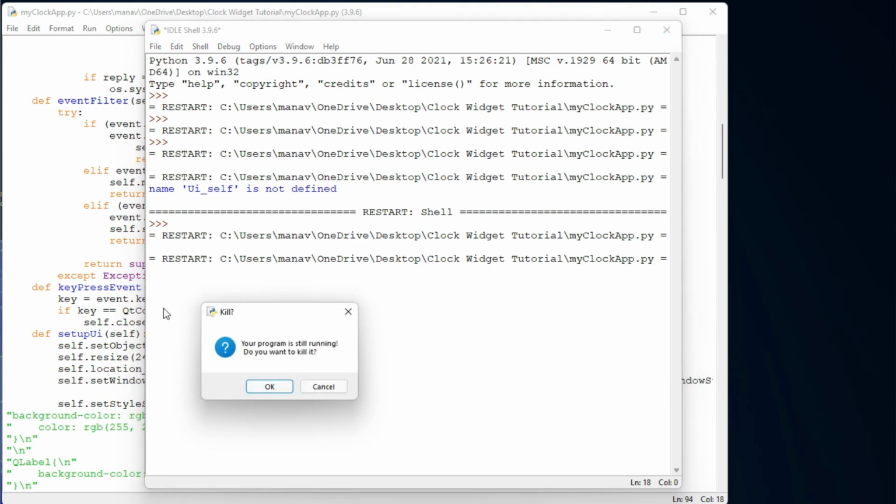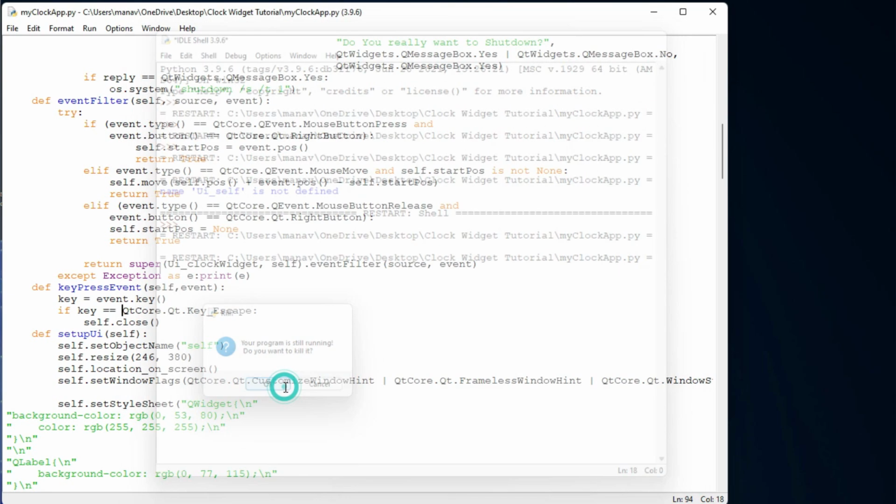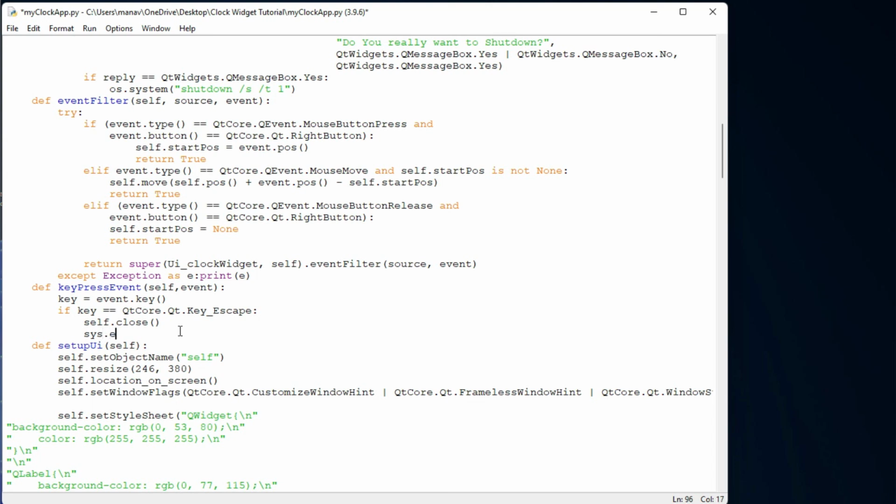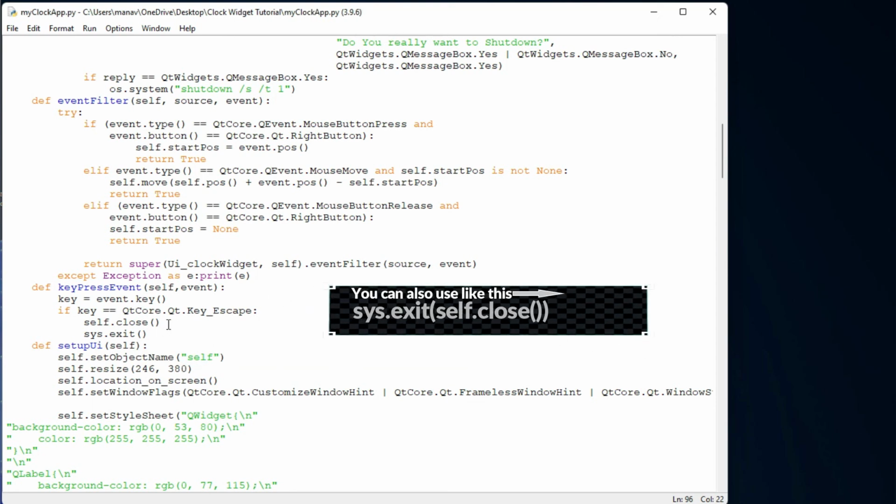But as you can see, this is not closing the whole thing. So you can change something else here. In place of self.close you can also use sys.exit, so that your whole interpreter will exit.